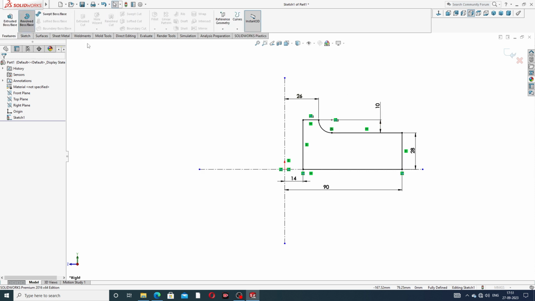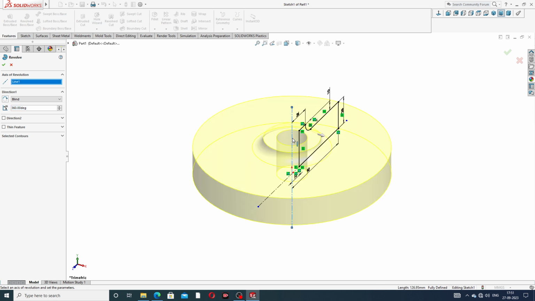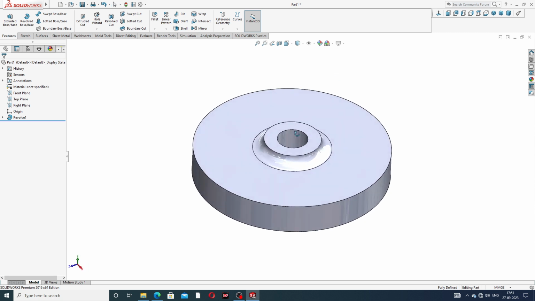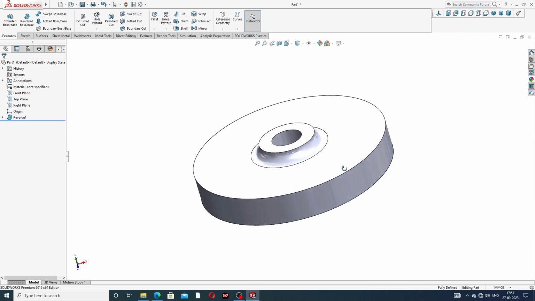Going to Revolved Boss/Base, select this axis, and all is perfect. This is perfect and correct.